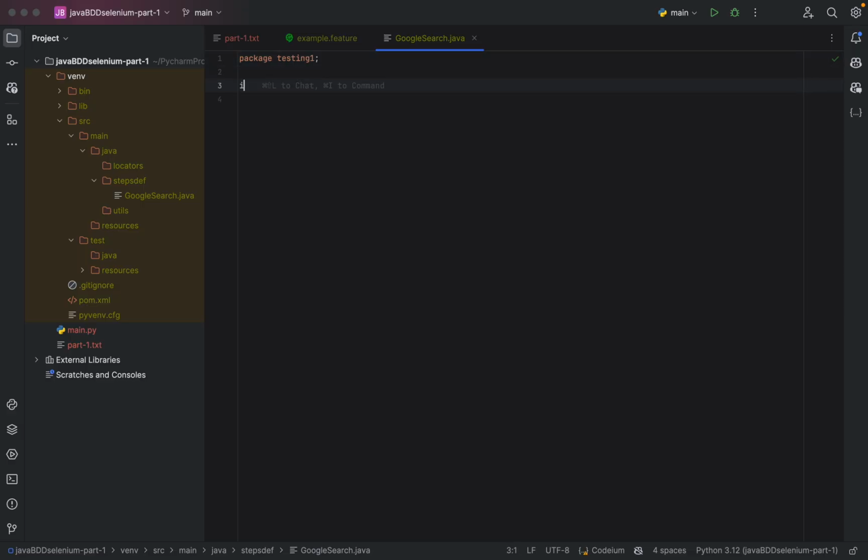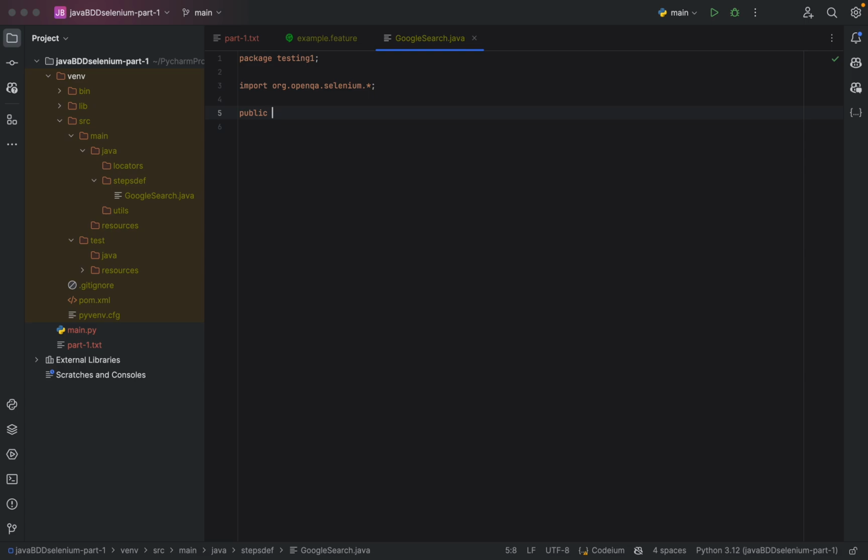Okay. Now we're gonna have imports. Import some Selenium, org.openqa.selenium. So this is the package name which I am going to give for my Java file, and this is the import section. Next I'm gonna have some basic class,